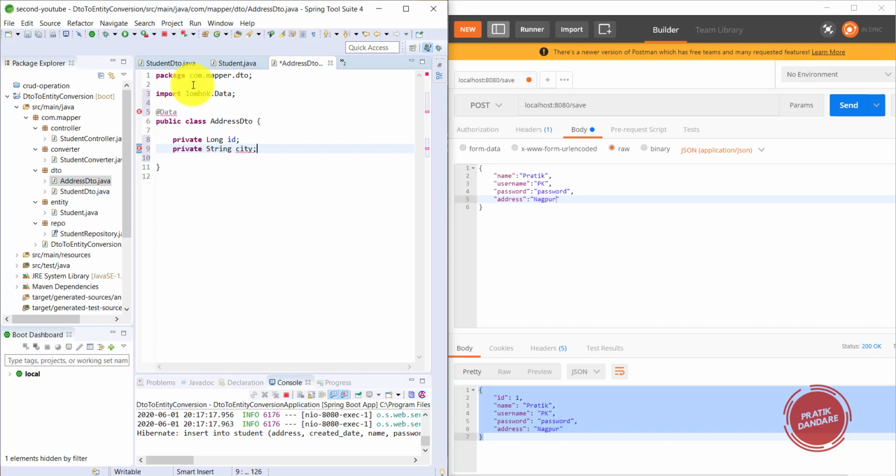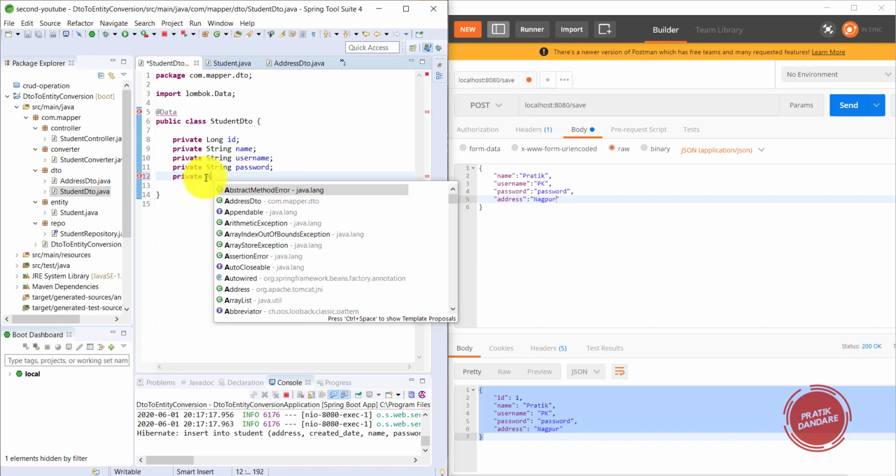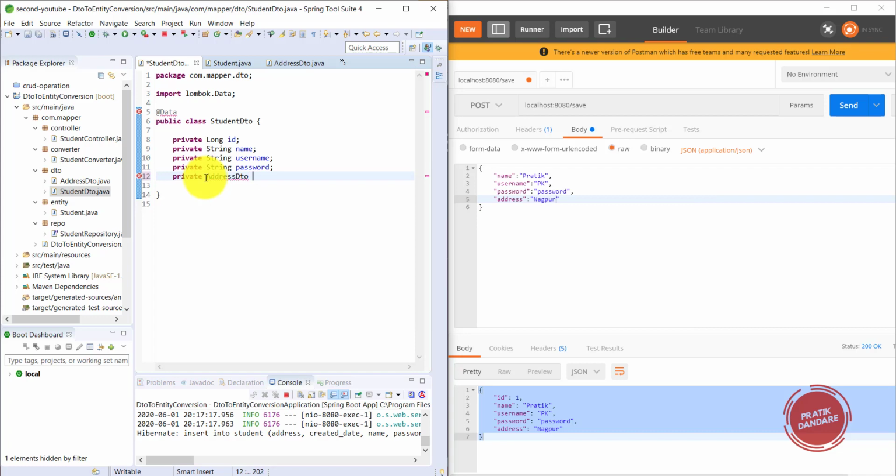This is a one-to-one relationship basically. If you update the DTO here, you need to add it here. So I am replacing the old address first. It's AddressDTO, and it's spelled A-D-D-R-E-S-S.